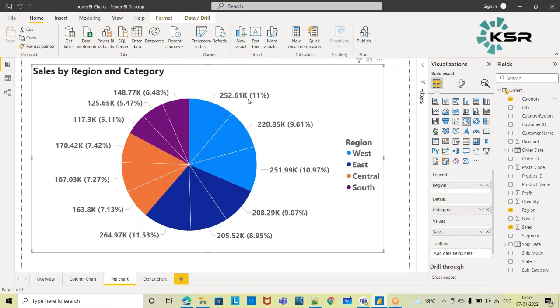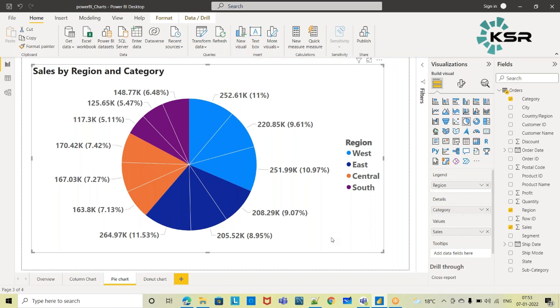Because this percentage value is distributed across the overall sales. But we wanted this with respect to a particular West region, particular East region, Central region. For each of the regions, the percentage should add up to 100%, which we are not able to achieve here. So we do have one more chart to achieve this that we will see in a later session.